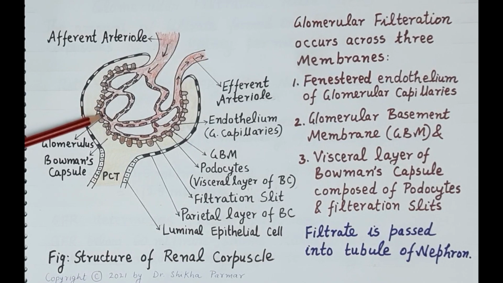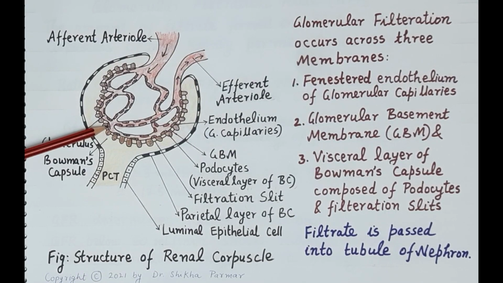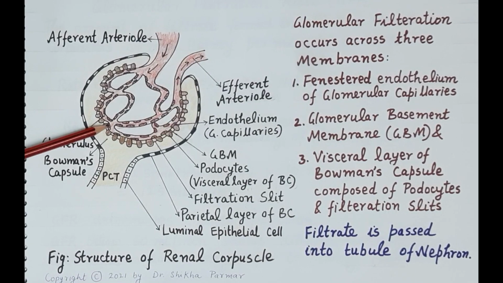Now these endothelial capillaries rest on the membrane called the glomerular basement membrane. This glomerular basement membrane is actually fused to the endothelial layer, and this glomerular basement membrane is negatively charged and it prevents the passage of negatively charged larger substances through it, while the smaller substances like solutes, water, and then ions, electrolytes, they easily pass through these fenestrations and they easily pass through this glomerular basement membrane.